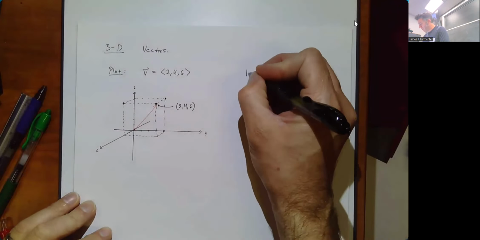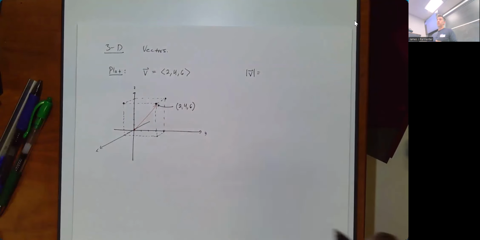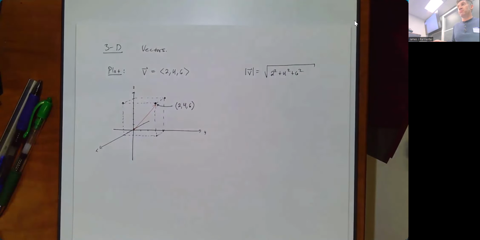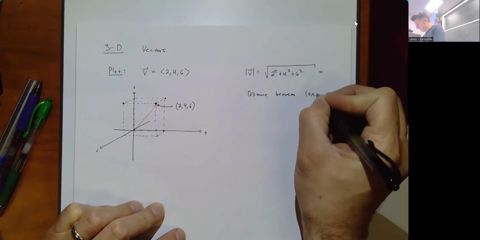What's the magnitude of v? Oh, yeah. Well, just like before, square root of the squares of all the components added together. So it's going to be the square root of 2 squared plus 4 squared plus 6 squared. That's how we find the magnitude of any vector. Take all the components, square each component, add them all together, take the square root. It's really just the distance formula. You're really just finding the distance between the origin and the point (2, 4, 6),